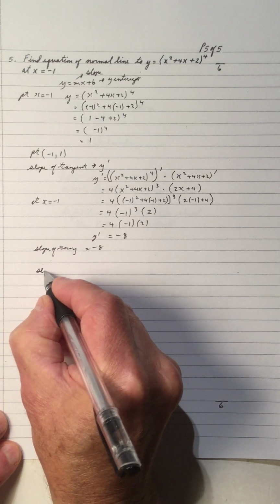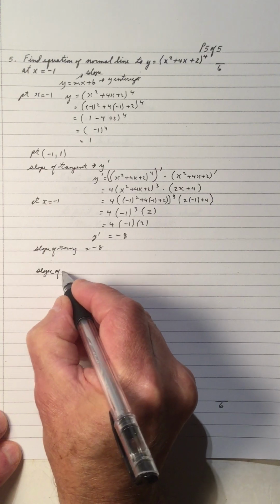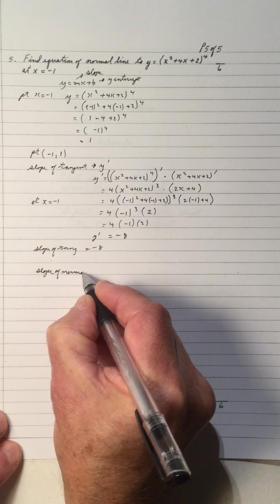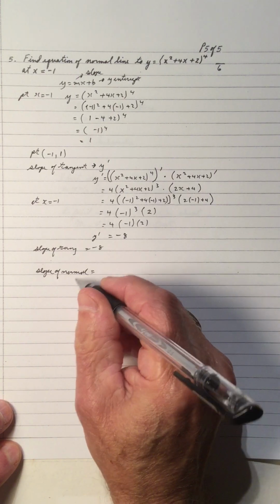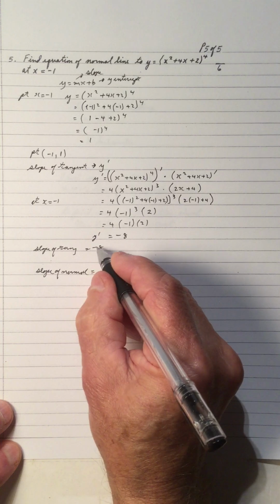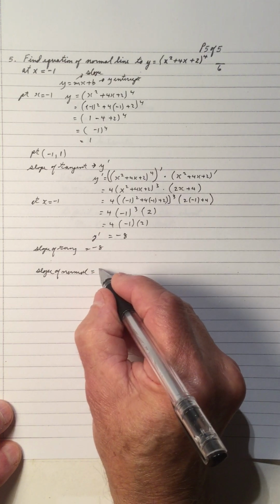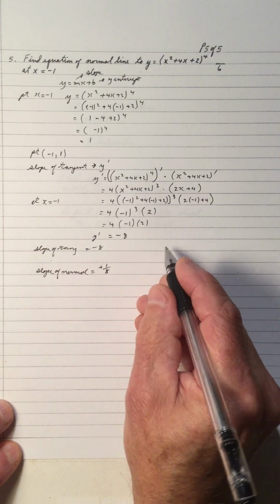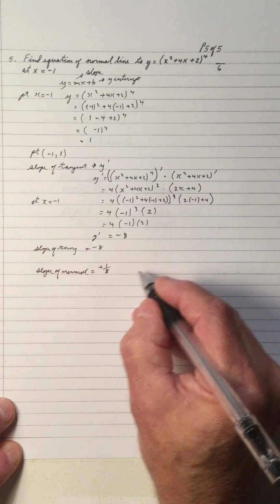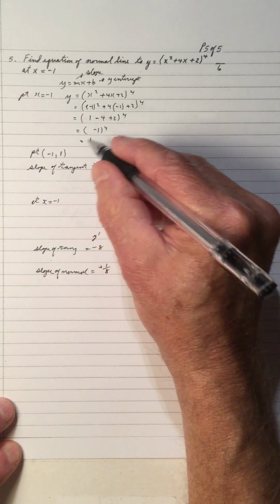So the slope of the normal is perpendicular, negative reciprocal of that, because normal and tangent are perpendicular. So the opposite of a negative is positive, so the positive reciprocal of 8 is 1 over 8. So that's the slope of the normal, and the point we came up with